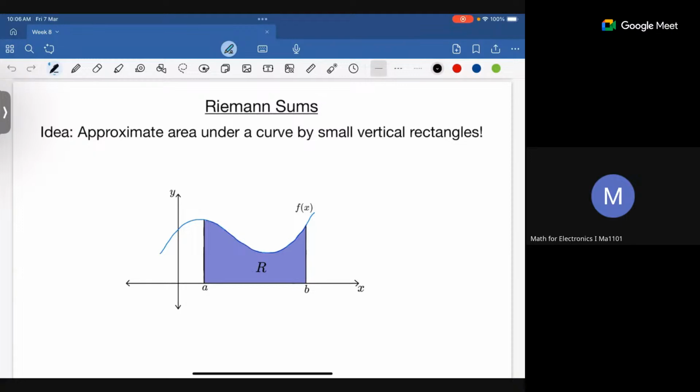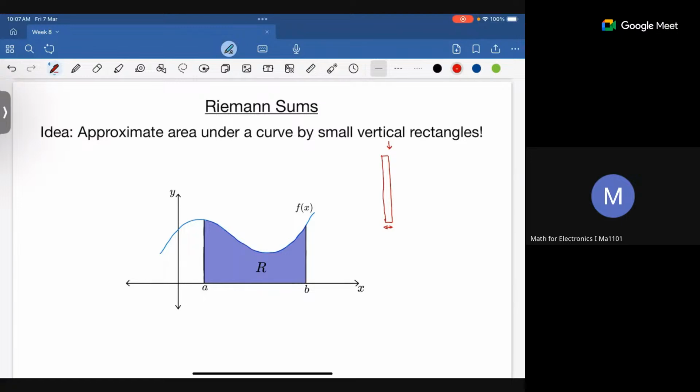So what do I mean by vertical rectangles? Vertical rectangles are rectangles where the length is very small, but the height is very large. So something like this. And by small, I mean the length is very, very small. The area is also very small. So we are going to use these vertical rectangles, and we know how to compute the area of a rectangle. We are going to use the area of a rectangle to approximate the area under a